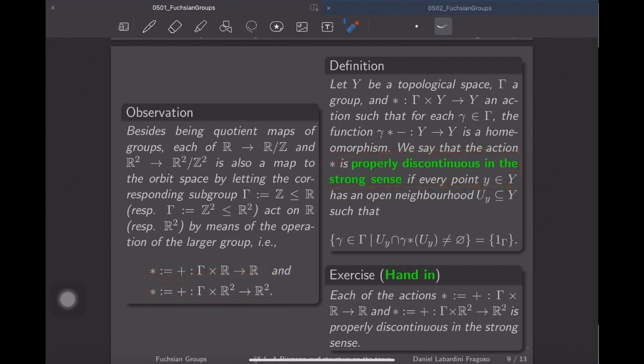So that's the reason behind the fact that this map is a covering map,